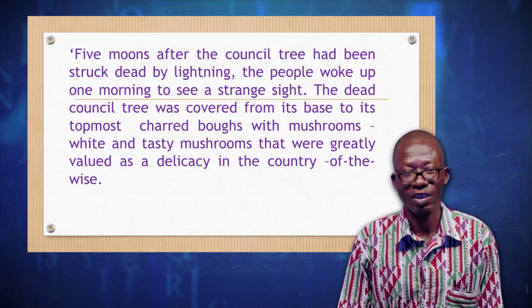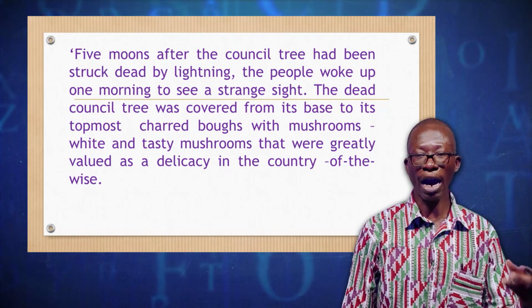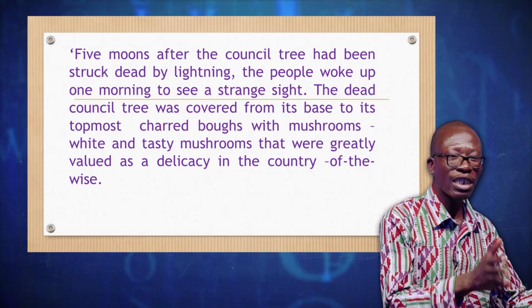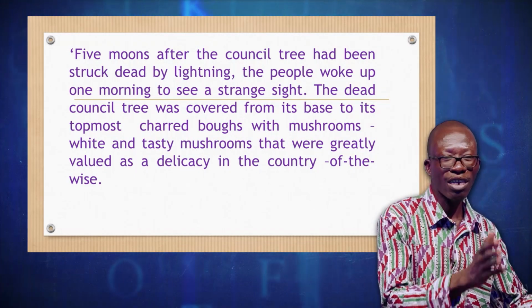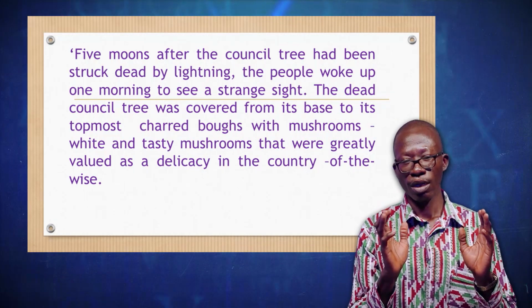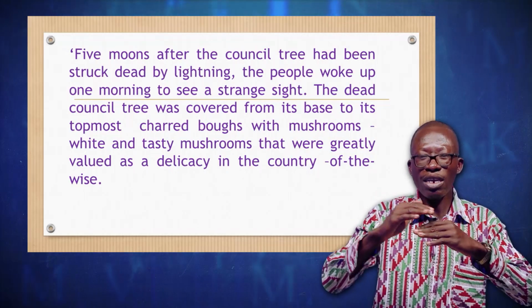So the clause "the dead cancer tree was covered from its base to its utmost boughs with mushrooms" is a complete clause that gives us a perfect meaning, and therefore is an independent clause that is given a higher